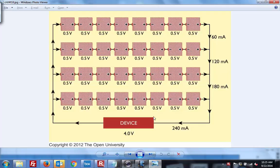And if you stick with electronics, we can get into series and parallel systems. Inside a solar cell, all those cells that you see behind you, each one of them is going to get to about a half a volt. If you want to get up to, let's see, 0.5, 1, 2, 3, if you want to get up to 4 volts, there it is, you need to put the 0.5 voltage